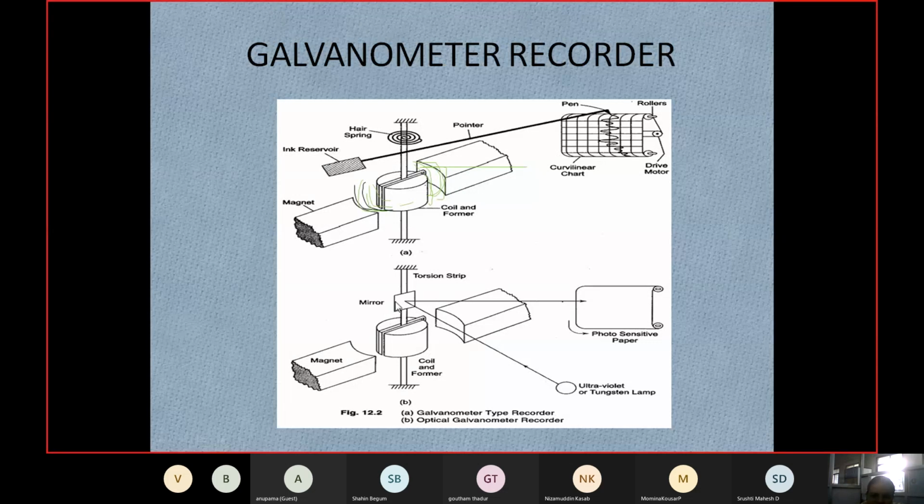Here a mirror is connected, and the ultraviolet light is passed; how much the mirror deflects, that much value can be recorded. Here a different paper is used, which we call photosensitive paper. It goes on recording. This is one type. This is the torsion strip where it is connected. This is about the galvanometer type recorder.